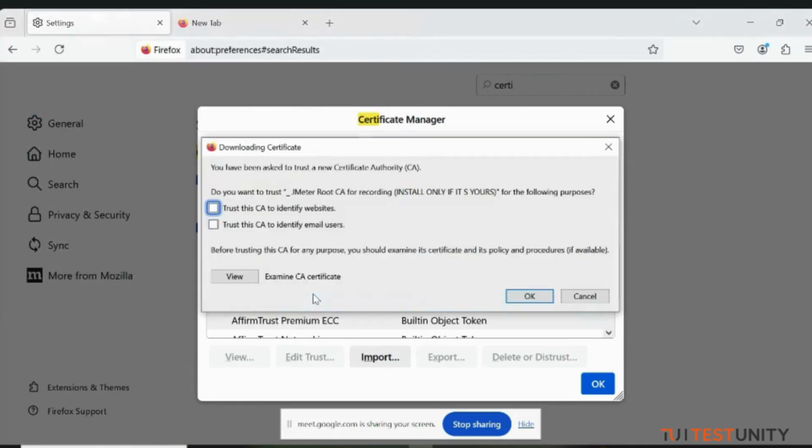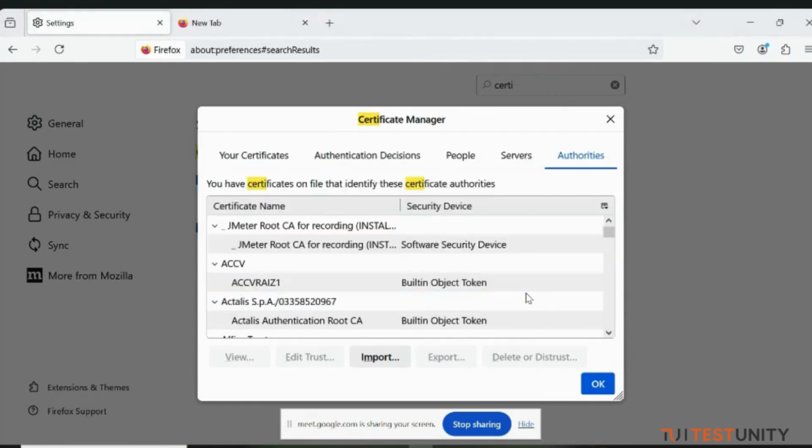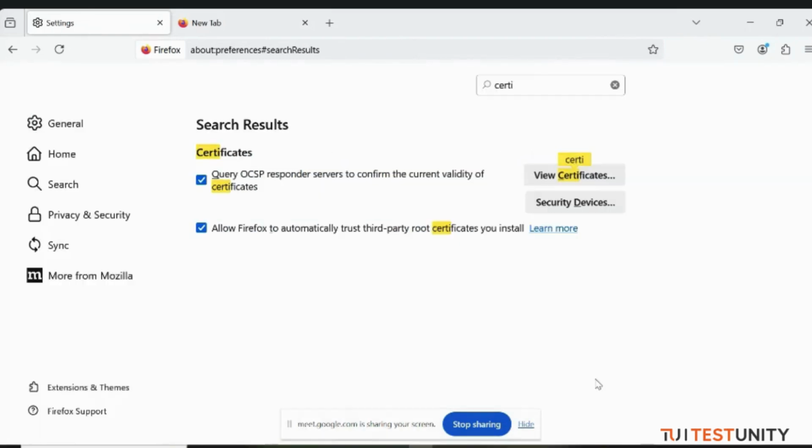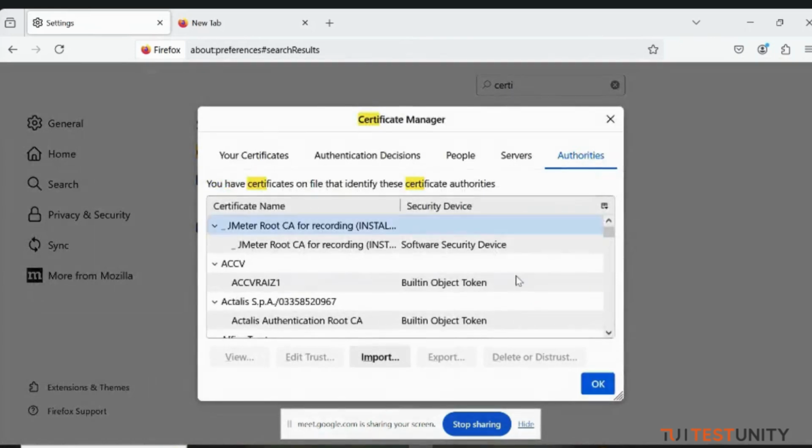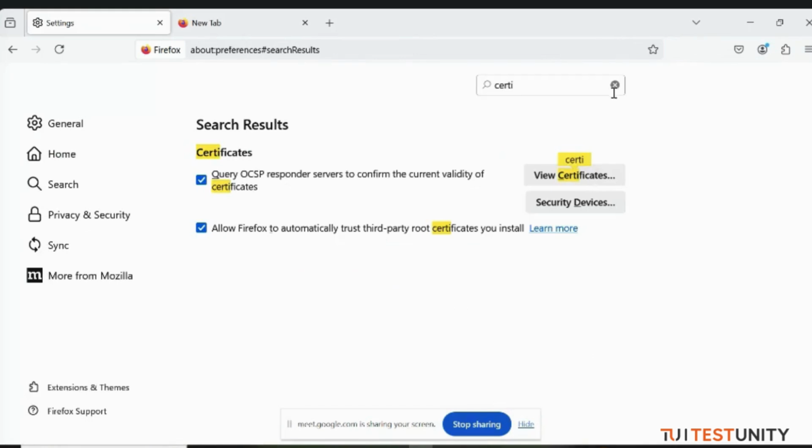So click on open. It will ask for these options. You have to mention trust this CA to identify websites. You have to click on OK. So it imported, and click on save. If you click on view, you can see this certificate over here. So once you've done that,